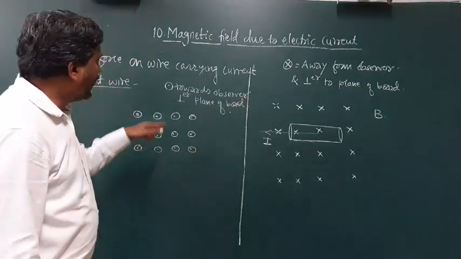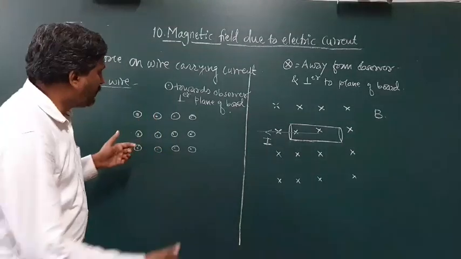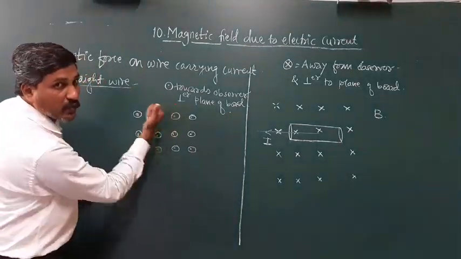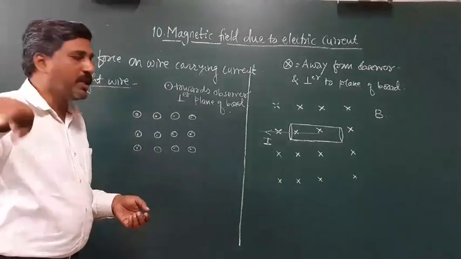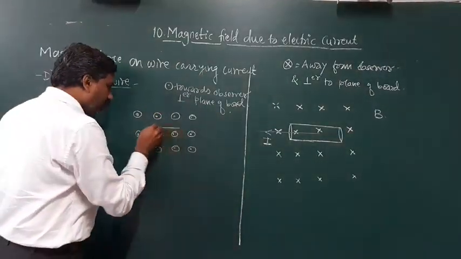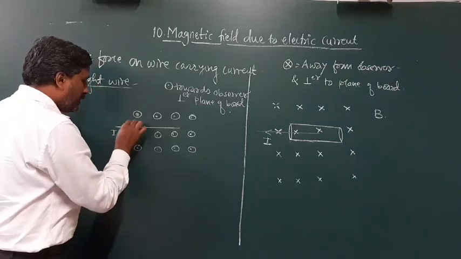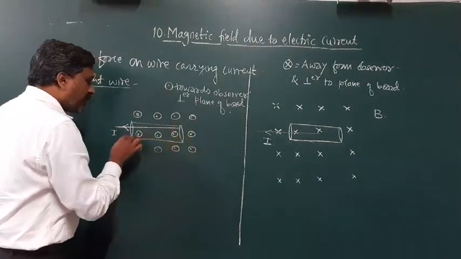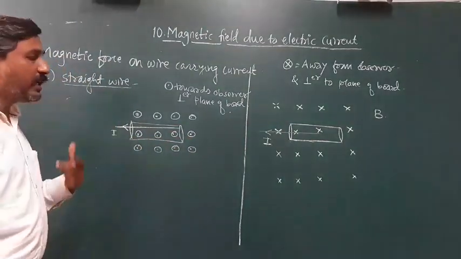Now it is very simple. It is towards the observer, and towards the observer means the magnetic field is coming in this way. With you as the observer, the magnetic field is coming towards the observer, and the current is flowing in this horizontal direction. This is I amount of current, and let this be my conductor. The current is flowing in this way. Then what will be the direction of force? Then again it will be very easy.